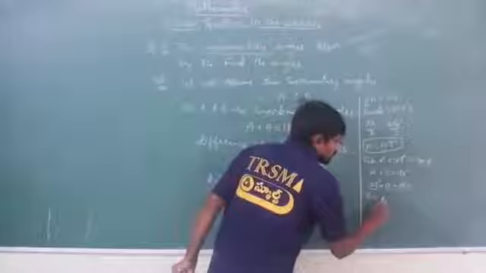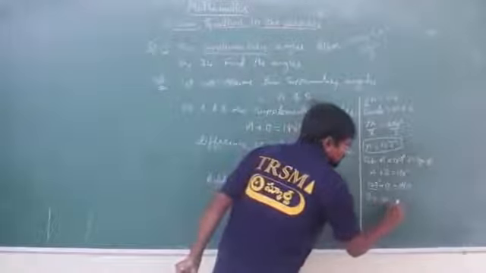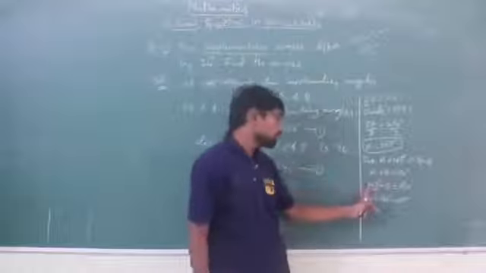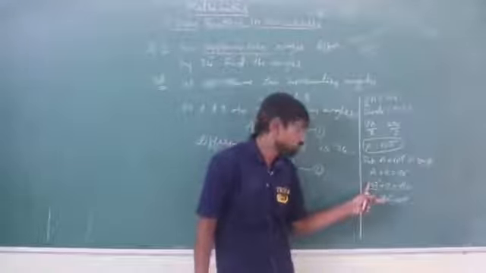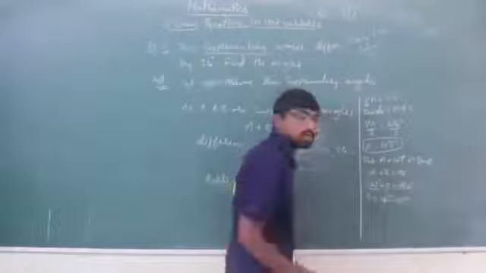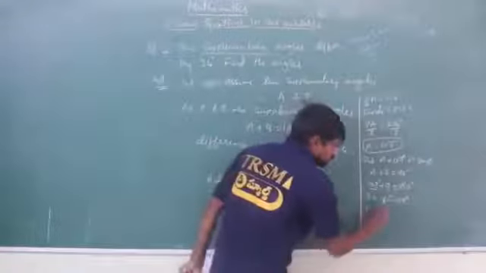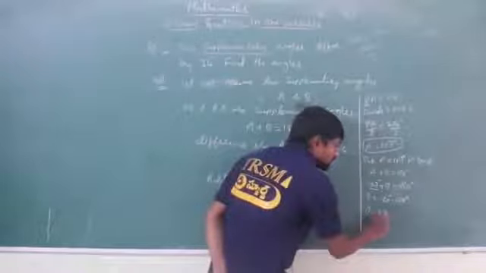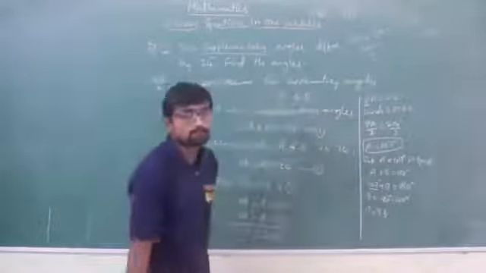So B is equal to 180 minus 107. I am subtracting 107 on both sides. So 107 minus 107 is 0. Here from 180 I am subtracting 107. Hope you all understood, isn't it? So B is equal to, if I remove 107 from 180, I will be getting 73, isn't it?